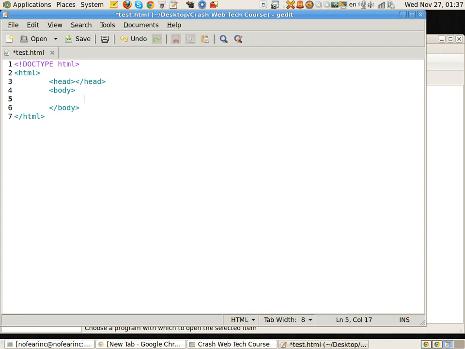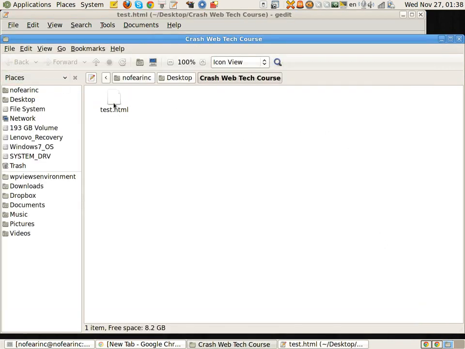Let's just type in some text, which is going to be "hello, I'm a test page." I'm going to save my document, get back here and open it in my favorite browser. I'm double clicking the document, and we're going to see "hello, I'm a test page." If you're using, say, Windows, it's probably going to be something like c:/documents or users or whatever, /your